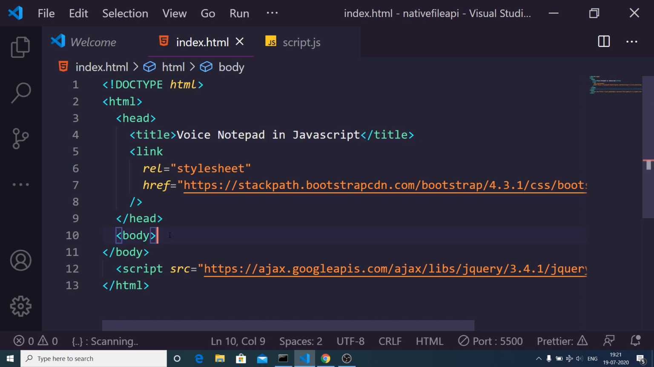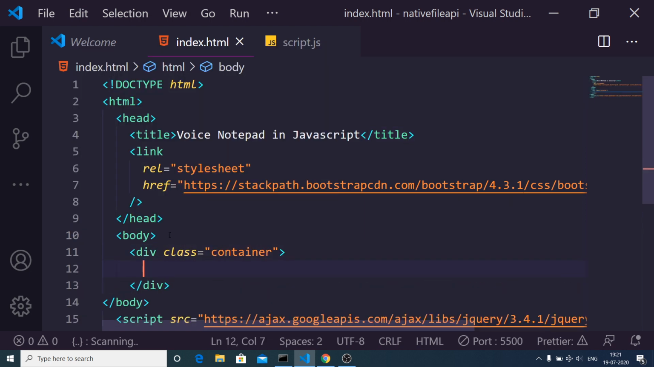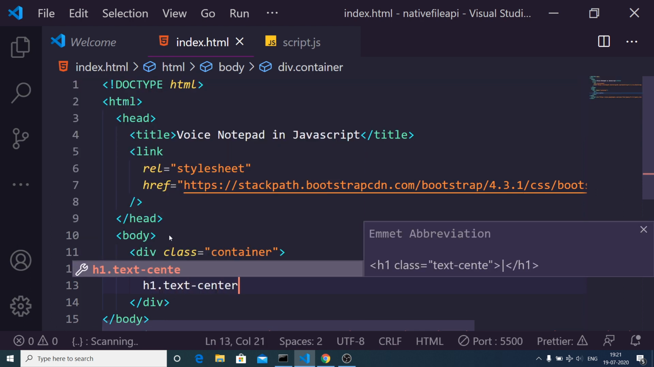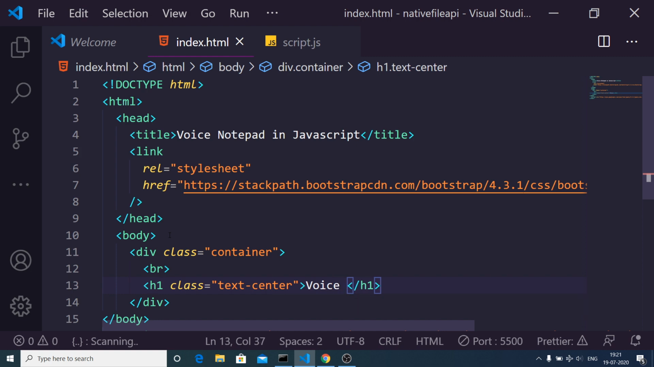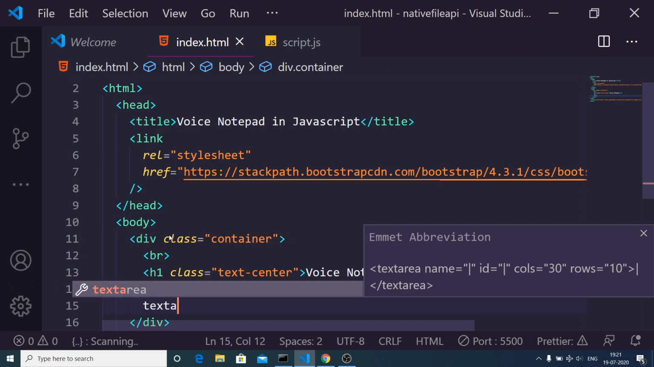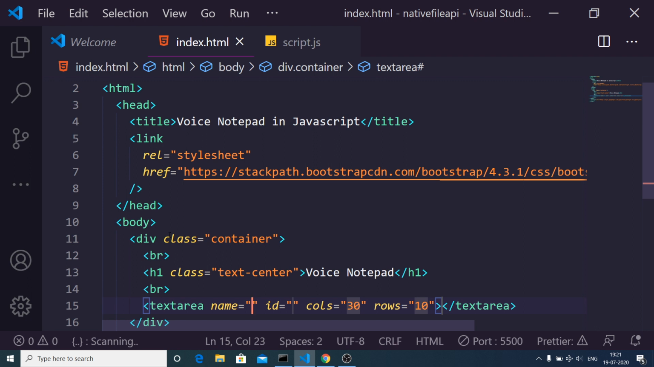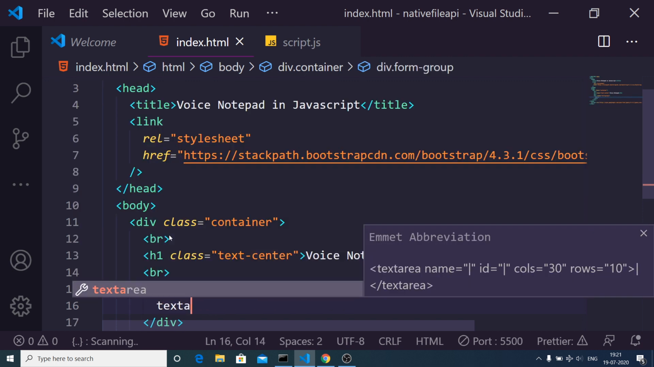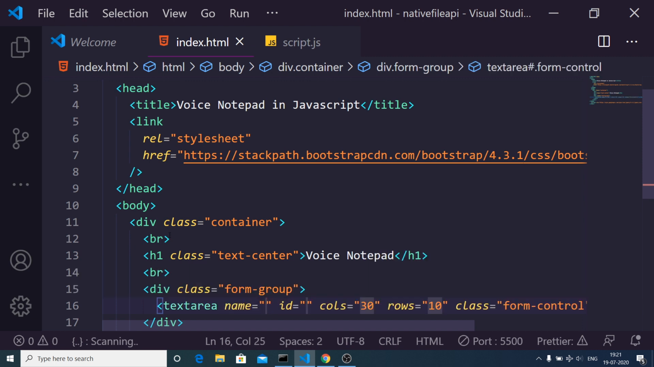After having the title guys, I am including the Bootstrap CSS and the jQuery CSS, and inside this body we will have the container class of Bootstrap. Put a break tag after this, and we will have a heading with the class of text-center. This will be voice notepad. Again you will have a break tag, and after that we will have a simple text area element. But before that I need to wrap this inside the form-group class of Bootstrap. So inside the form-group class we will have a text area element which will have a class of form-control, which is a Bootstrap class, and you will give it an ID of textarea,